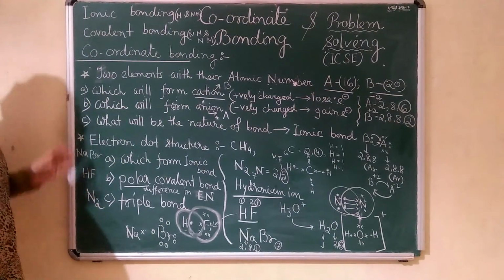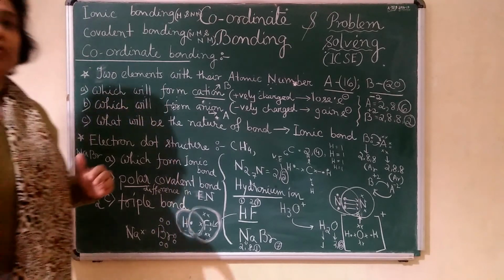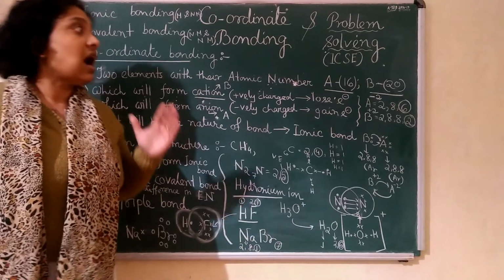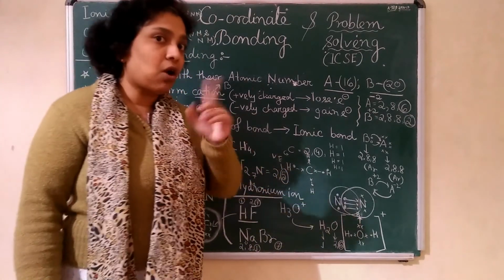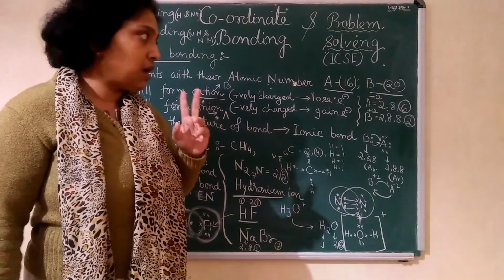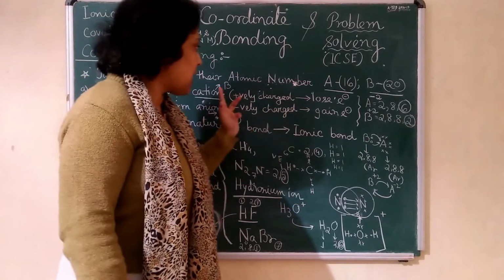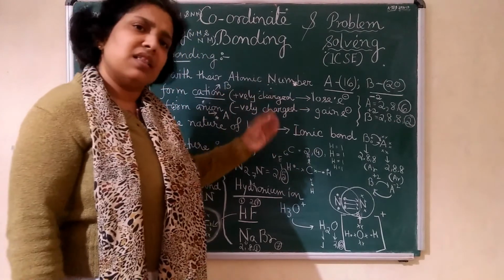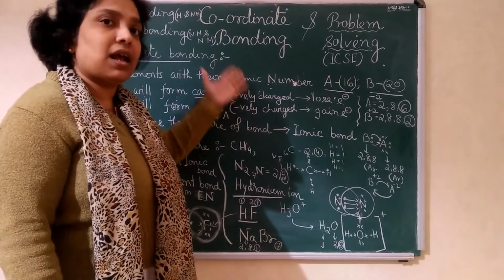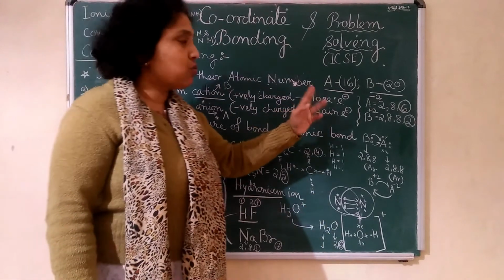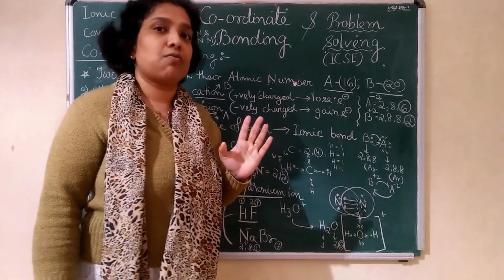So I hope this way I will now solve for each chapter. I will solve the problems, so that you can easily understand where you can make the mistake. I said electron dot में bonding नहीं दिखाने का. So this is one mistake you all do. And this cation and anion, like this, in cation positively, in anion negatively, these are very basic, but children used to make mistakes over here. cation के जगह पे anion लिखते हैं, anion के जगह पे cation लिखते हैं. So those kind of mistakes never ever do. That's why I am doing this much effort for you.